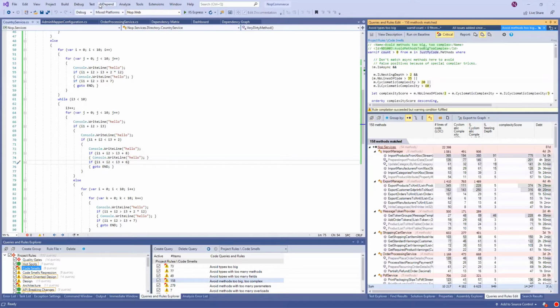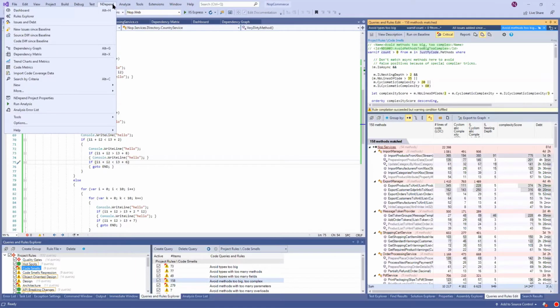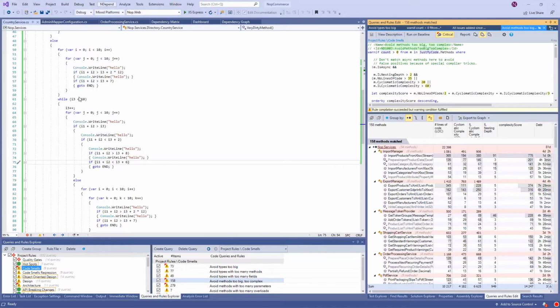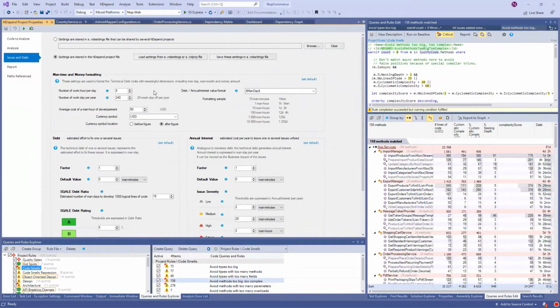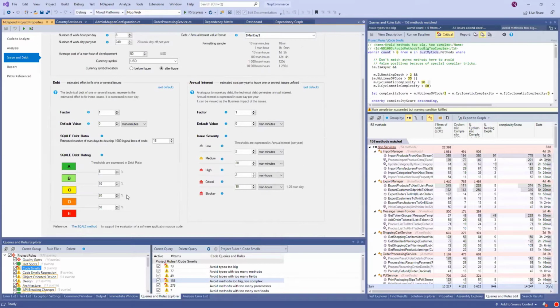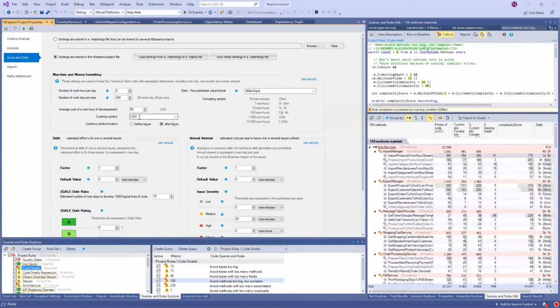And if it's not realistic enough, you can go back to the project properties of NDepend, and here you have a lot of settings to change how the debt is estimated. Actually, you can even estimate it in money. If you say an hour is 50 USD or 500 USD, I don't know how you pay developers, you can estimate the debt in USD. So I think this is a good feature to talk with managers, because they like to talk in terms of money.